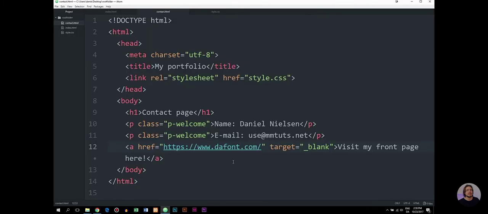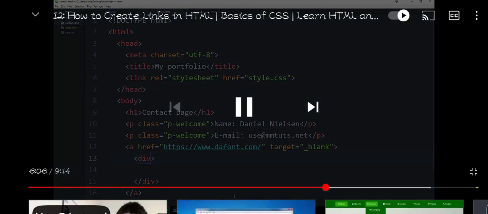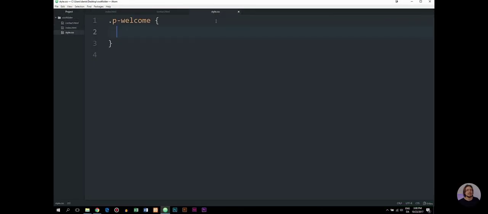Now, you might be asking, well, do we have to use text inside a link? Well, no, you don't have to. So if we were to go ahead and take the text here, go down a couple of lines, just so we have the anchor tag opening on one line and then closing on a different line, I could then go ahead and create something like an object. So we were to create a div box, which is just a pair of tags, save it, and then style the div tags inside my CSS file. So we say we have